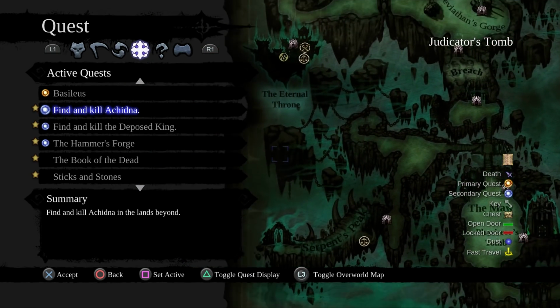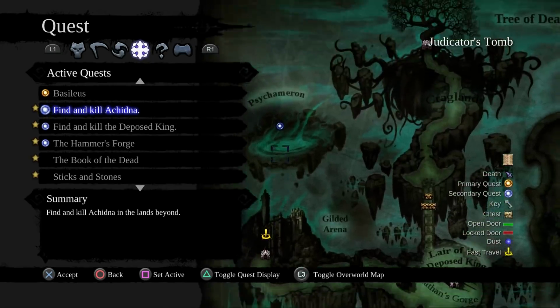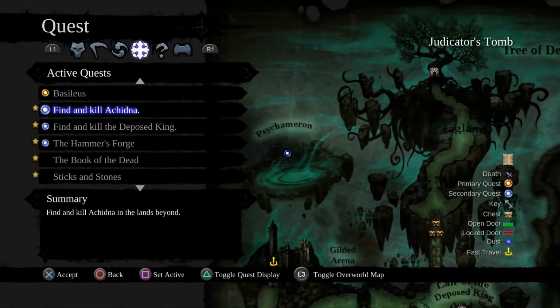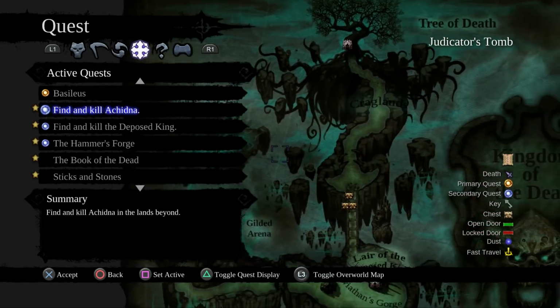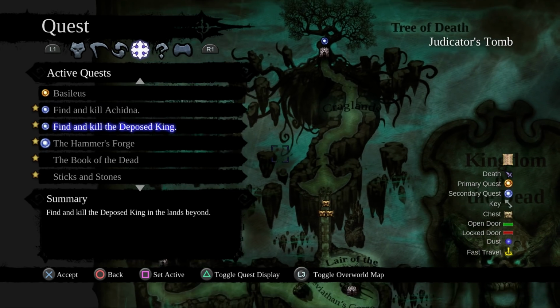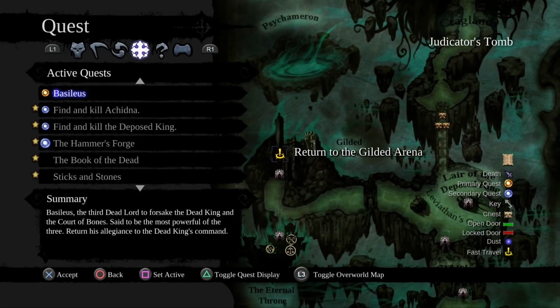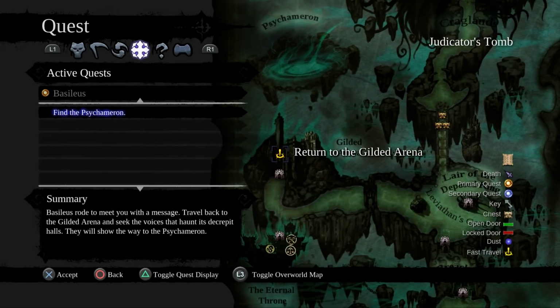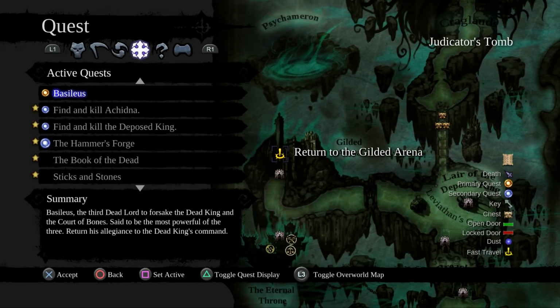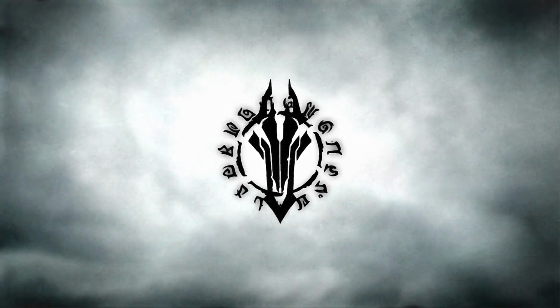It's hard to balance without being able to hear what others would. Oh, so there's the Psychomeron, and that's also where Echidna is. Opposed King, and... Oh. We do actually have a quest back in the other area. Oh, that's the Psychomeron? It looks like a swirling vortex of some sort. Yeah, I guess. Oh, we're just gonna go back to the arena and figure...